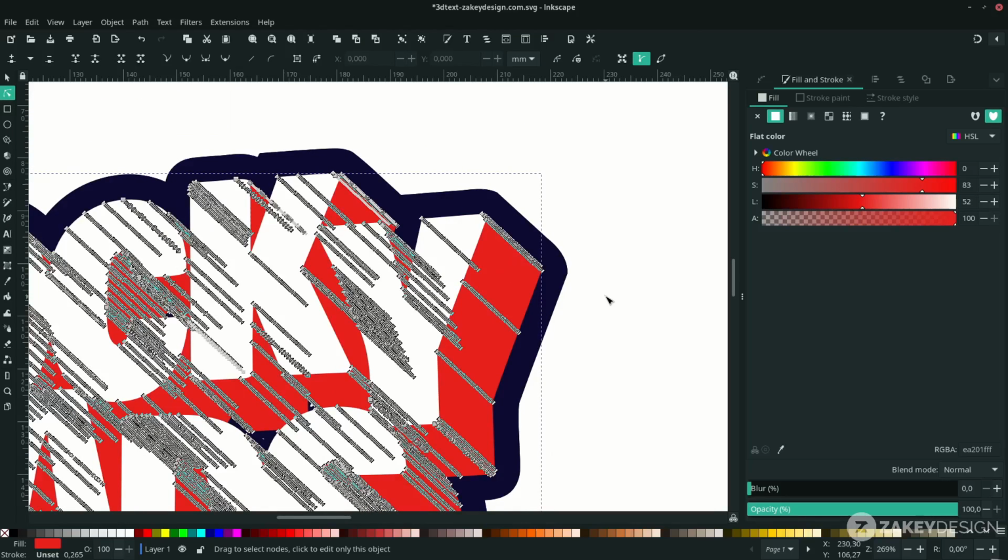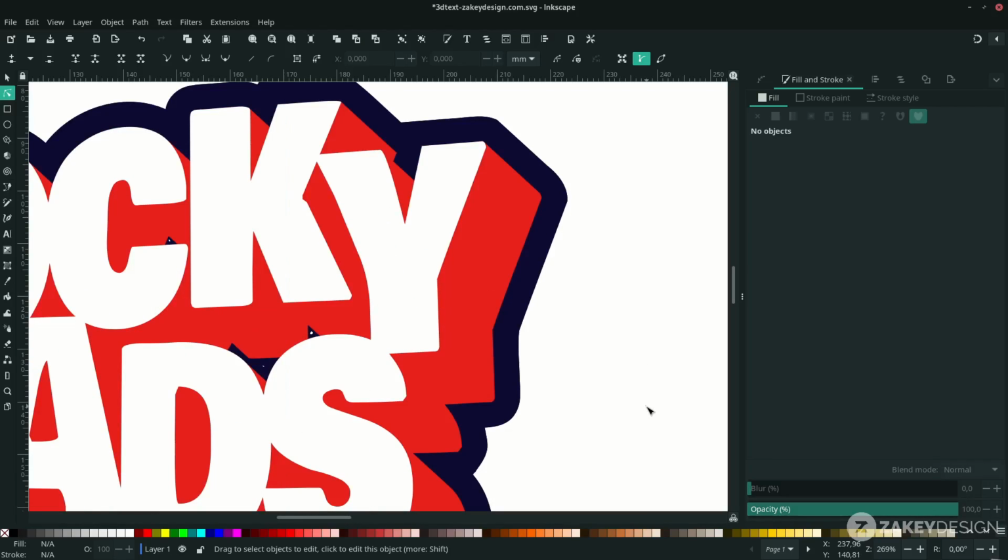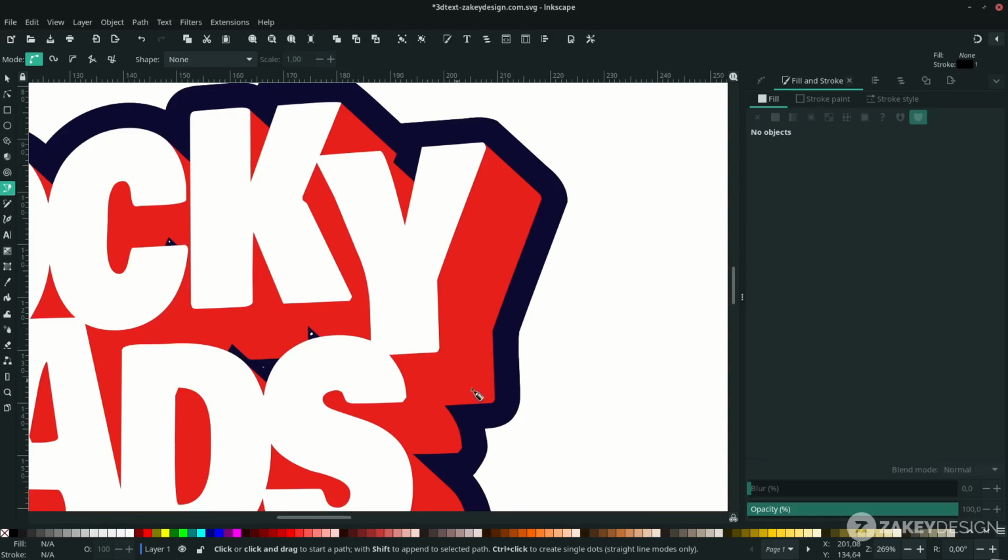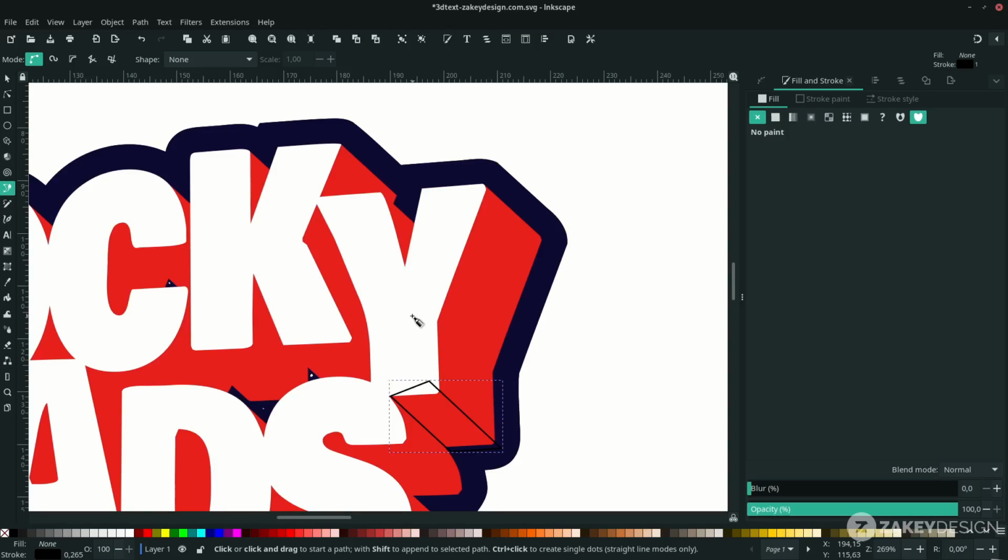And release it. Now with the Bezier tool, press B. And now I'm going to draw a shape for the bottom of the Y. Here, here, and here. Then here. Alright. So imagine you are in the 3D path. This is the front. And this is the back of the Y. This is the side of the Y. And this is the bottom. And this the top. So I'm going to give the shade to the bottom.